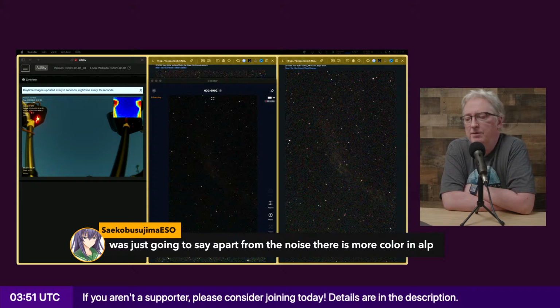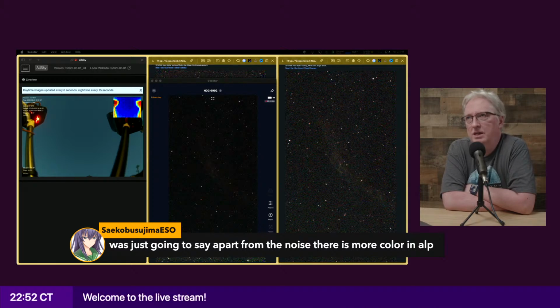But with 30 seconds between images, we could potentially give the option to do gradient removal on the live stack as it's going. That could be cool.